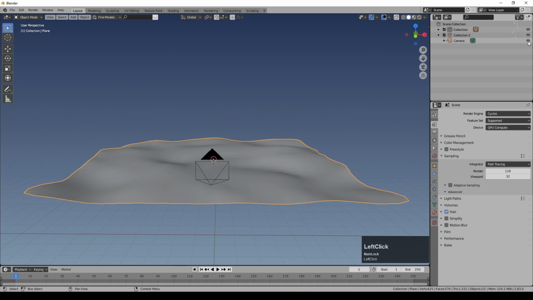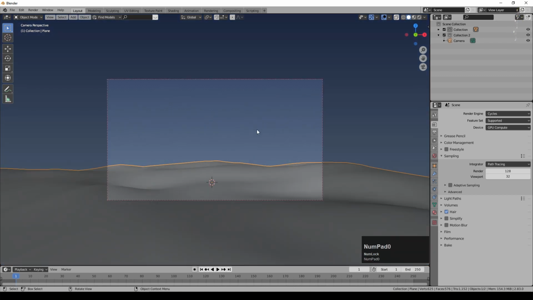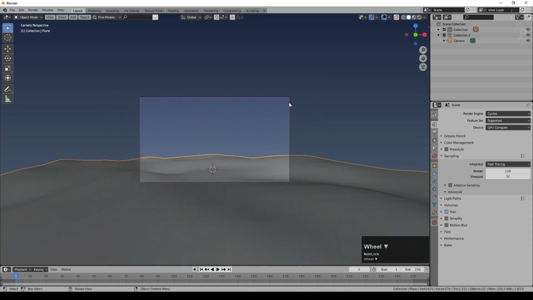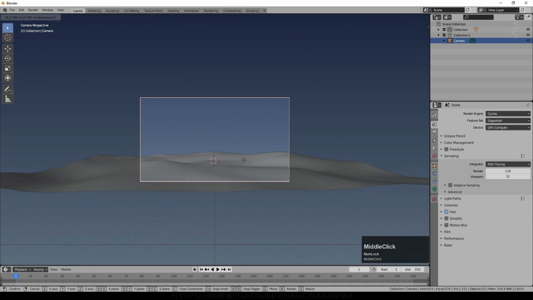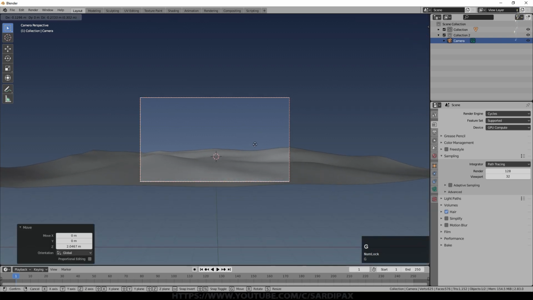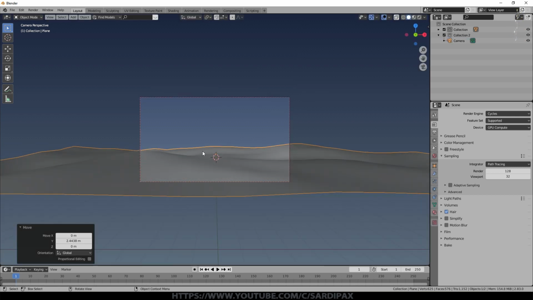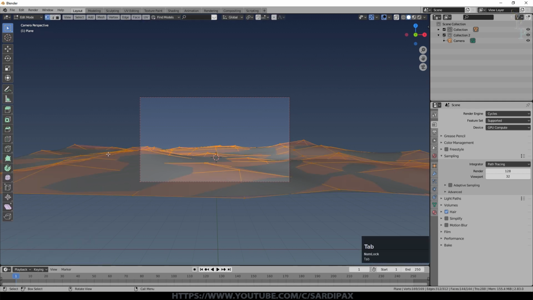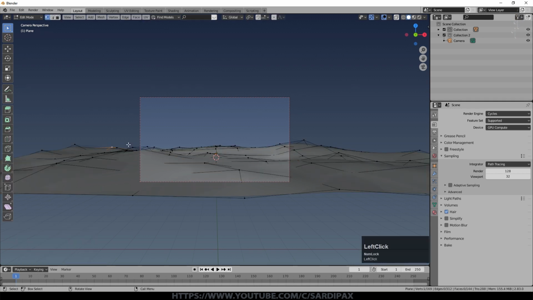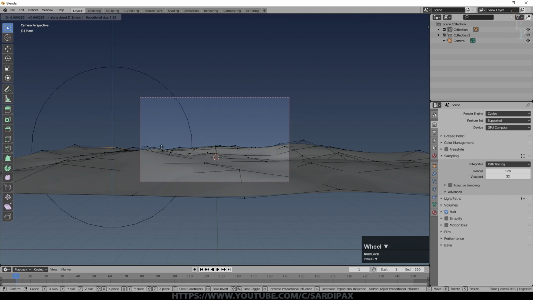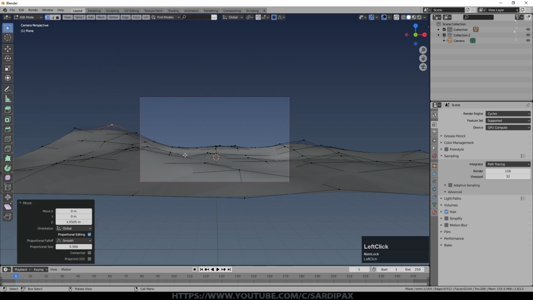If I come up here and turn my camera on, I can see what my camera is going to see, make sure my camera is selected, and I'll just put it about here for the moment. Perhaps make my landscape a little bigger, and you can see you've just got some sort of rolling variations on it there. If you want to, of course, you can select any given vertex. Turn on proportional editing and then just G Z, and we can just raise it up if we want a bit of raised landscape just there.